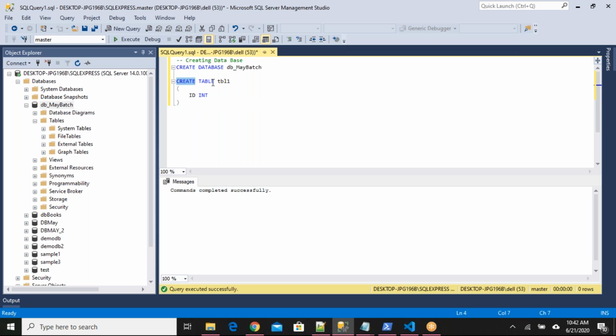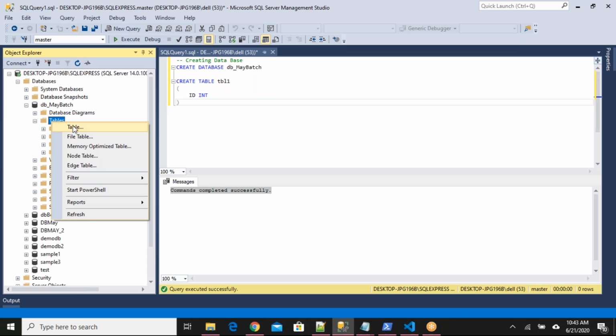We have to give create table, then the table name, the name we want. Then within the parentheses, we provide columns and their data types. Like column name, I have provided ID, and integer is the data type. I selected these statements and executed. It says commands completed successfully. That means the table got created.